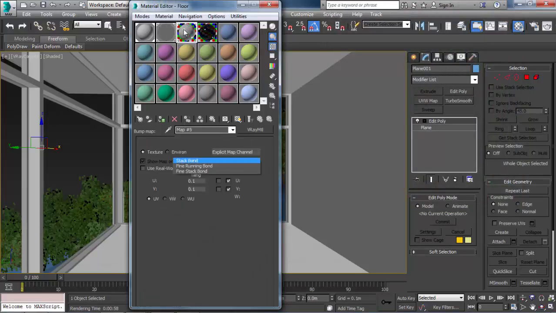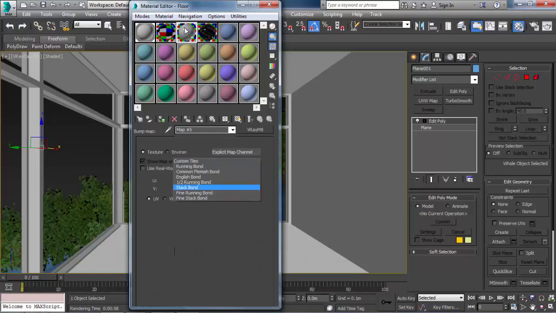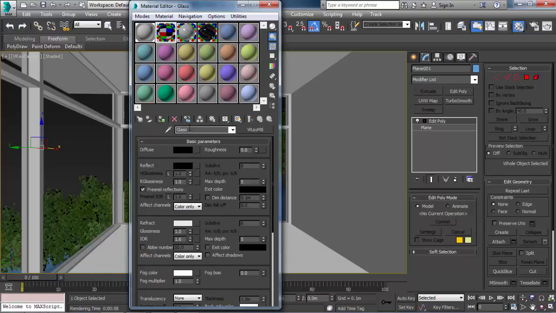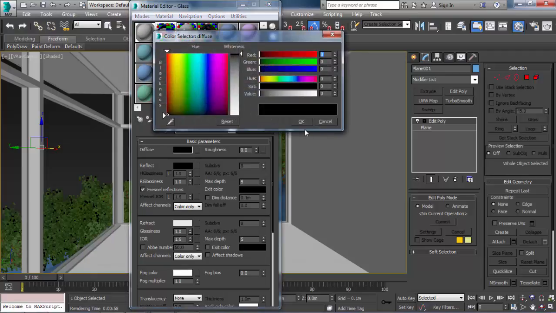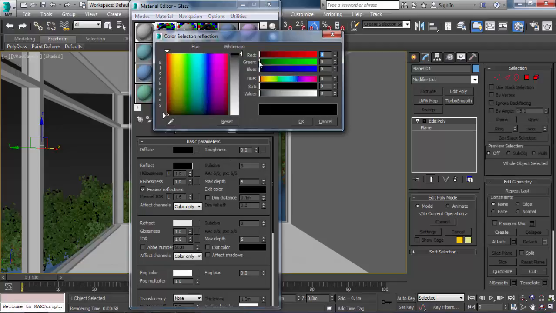Now let's also work on the glass material that we created earlier. Here, let's change this name to aluminum. Here, yeah, well, this is the glass. The diffuse, leave it as black. Okay. The reflection will have a little bit high.